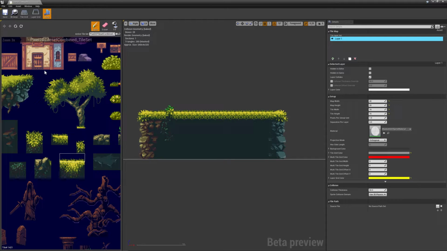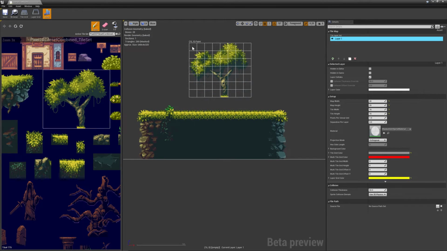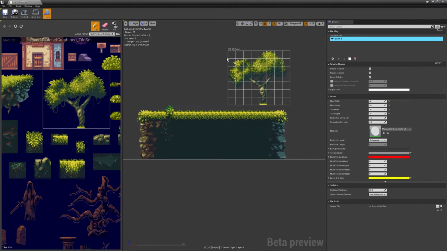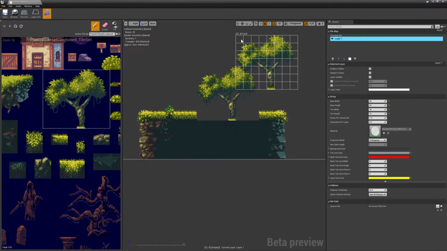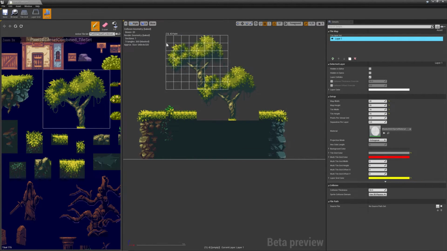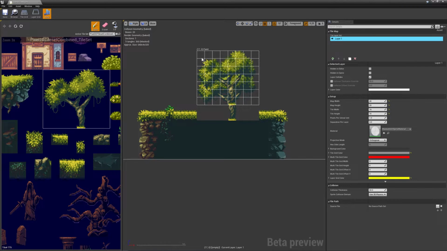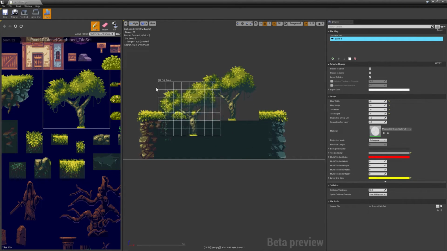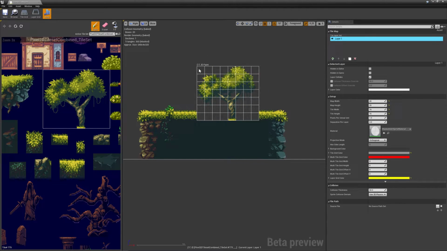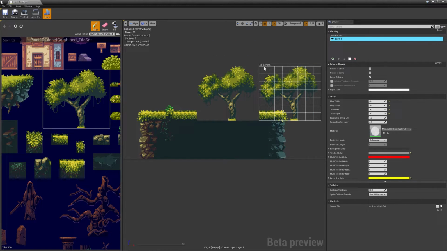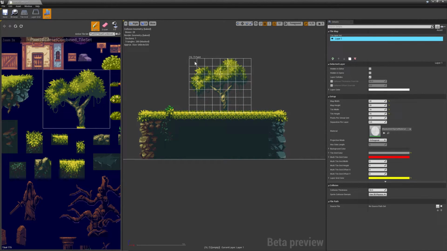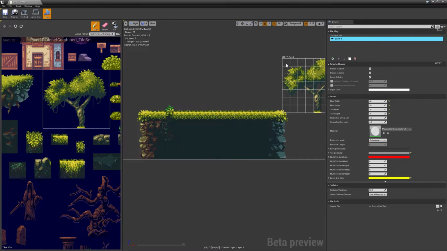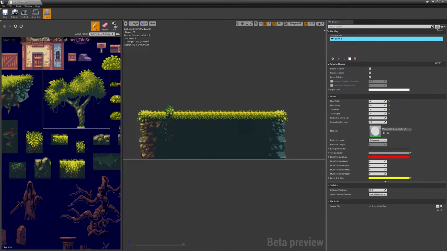Okay, let's add some more details to our tile map, shall we? Let's try to add this tree, and there's a couple of ways you can do it. First of all, we can add this tree, and it's gonna replace the tiles that it overrides. So for example, if I add it here, it's gonna overwrite these tiles, because if you add a tile on top of an existing tile and it's on the same layer, it's just gonna overwrite it. So how do we make them not overwrite each other? We use different layers for that,